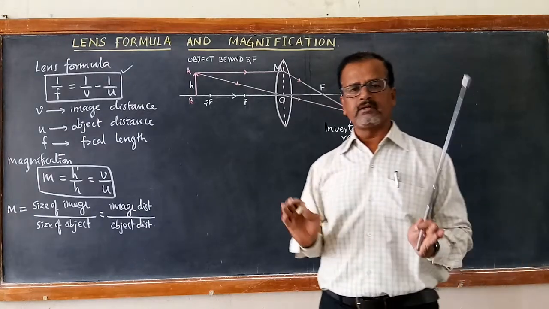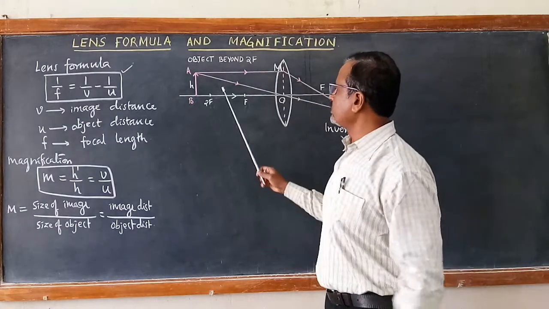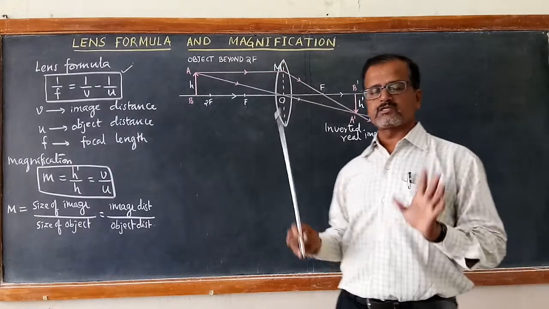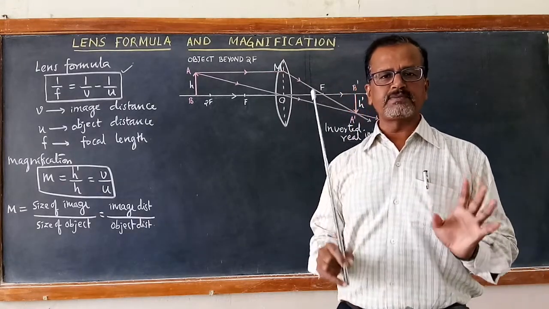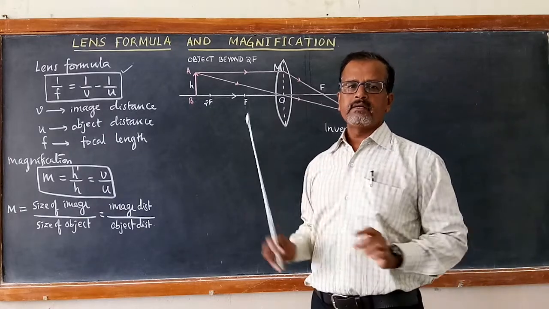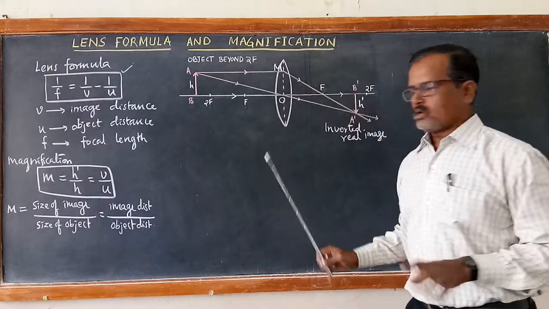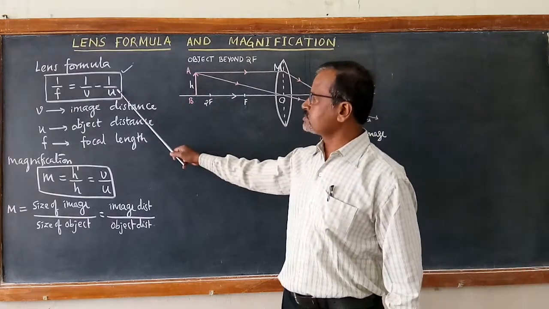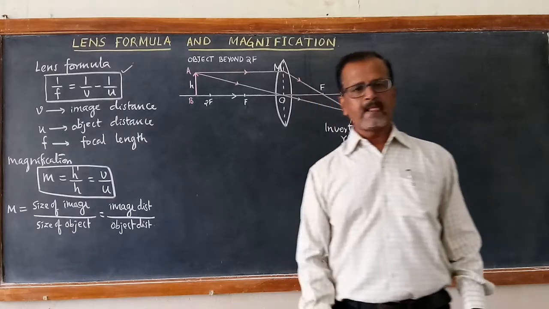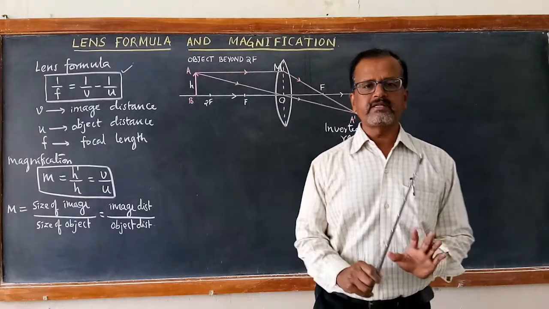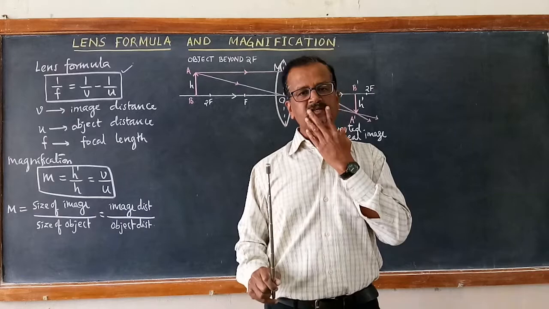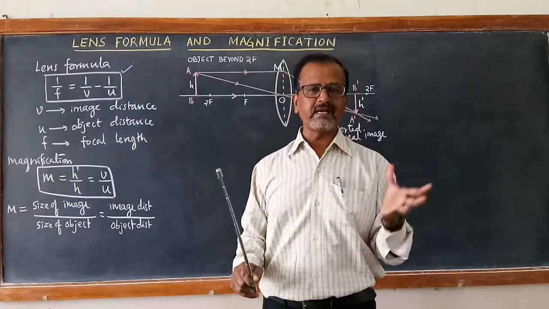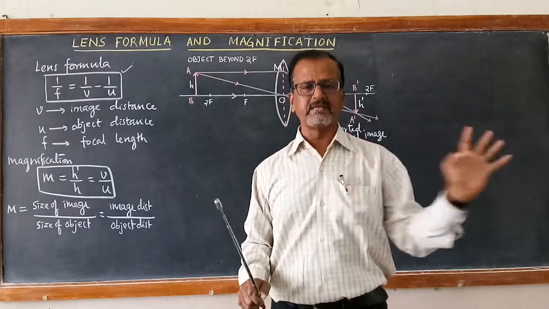This is also very simple, based on your knowledge of geometry. This ray optics is also called geometrical optics. The principles of geometry are being employed here. So I am making use of this geometry and I am going to derive the lens formula as well as magnification. This derivation part is not there for 10th class. Remember, this derivation part is there for 12th class. But for your better understanding, I am going to derive it, which is very simple.